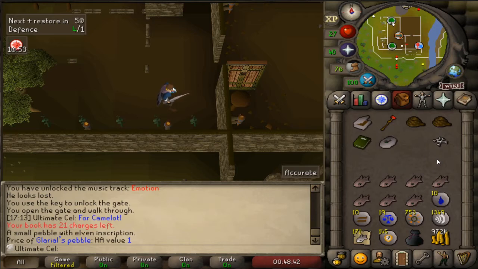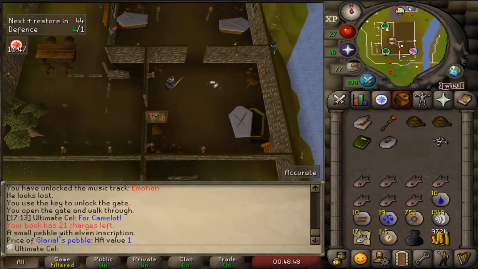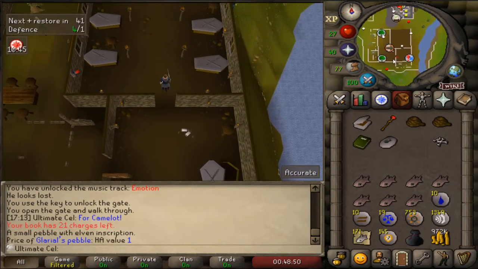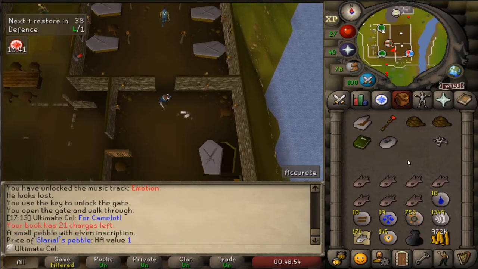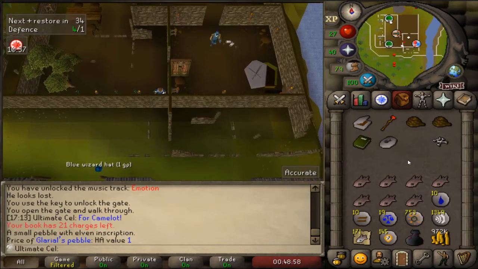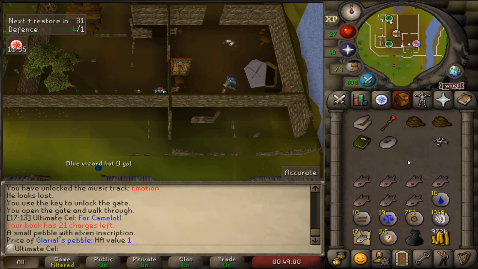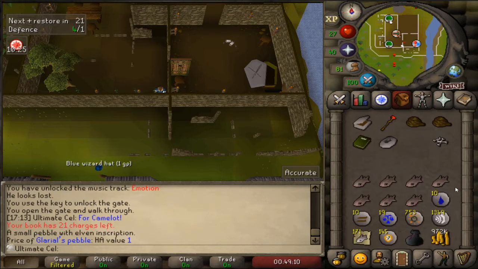Then run over to the tomb with some food. I'm actually going to cook some more of this before that happens. Actually not, that's going to be a huge pain and clutter the ground interface. So, run over there, get the urn and amulet, is up there? I think so. And then teleport back to Lumbridge, pick up all the junk, get a new looting bag, hopefully